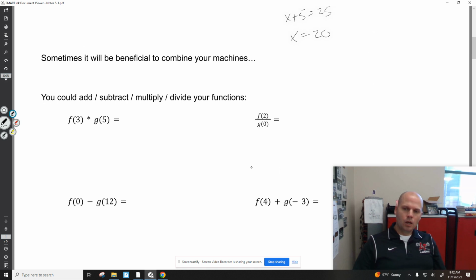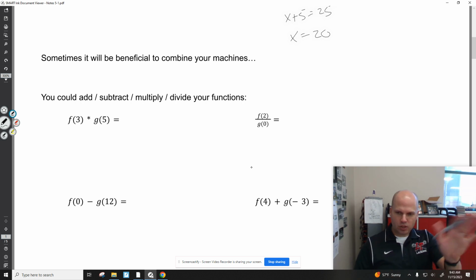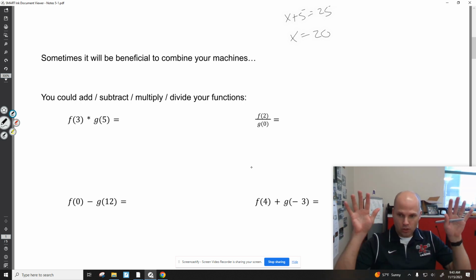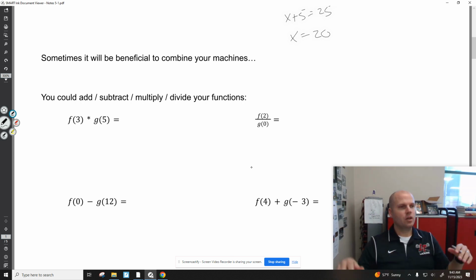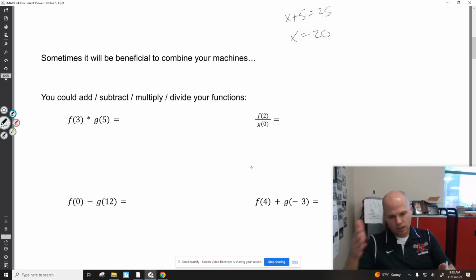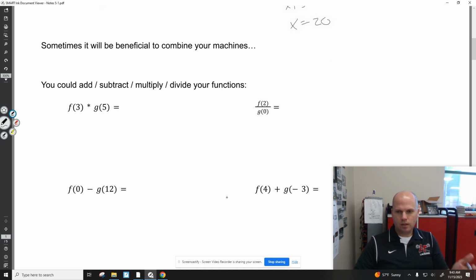Got that. Cool. Sometimes it's going to be beneficial. This is very much stuff that is important to know if you're going into computer science. Understanding inputs put into a machine, output. Sometimes it's beneficial to combine multiple machines. Take one machine, have it do its magic, get an output, then do something with it. Maybe you have your input plugged into both of your machines. Boom, you multiply them together. Doing multiple things is a very common process when we're programming and we're trying to get results after manipulating things different ways. So we can potentially multiply, divide, add, subtract